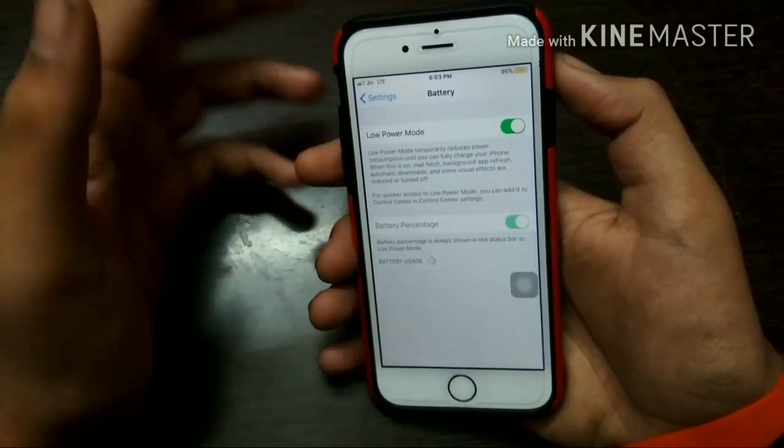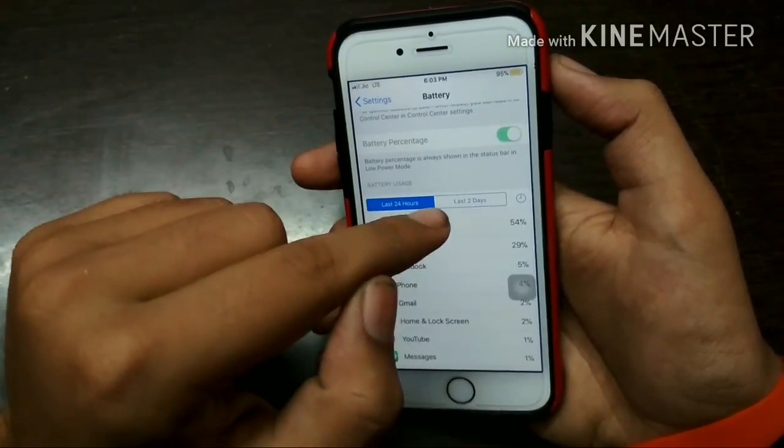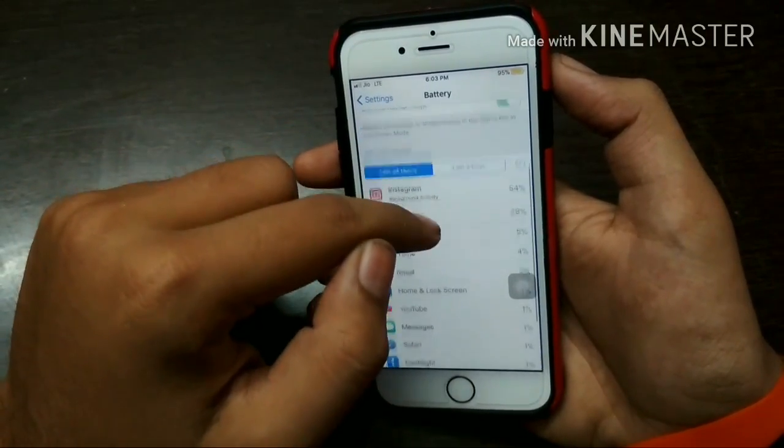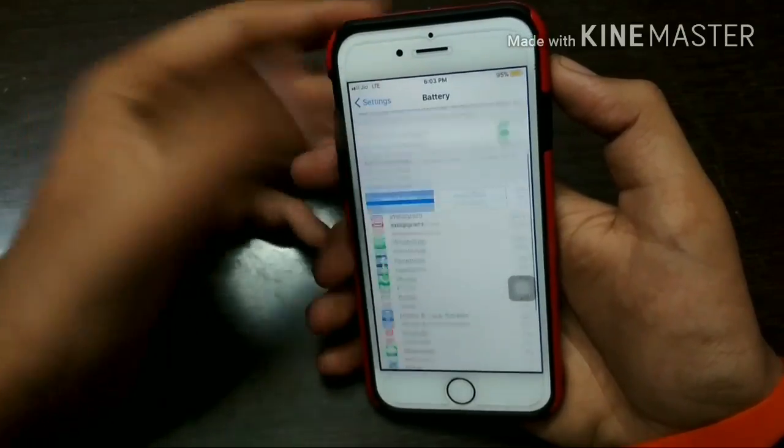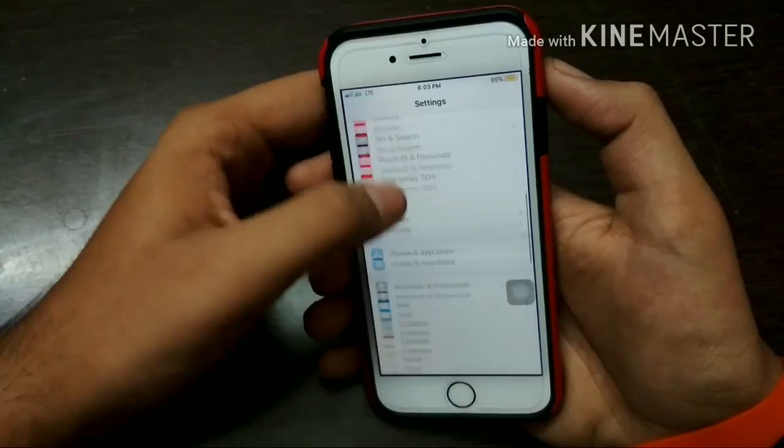So next up, go to Battery and turn on Low Power Mode, as I said earlier, from the Control Center. Here is the list of all the apps using battery. See it and change your schedule of using them, so that you can save a lot more battery life. Okay,